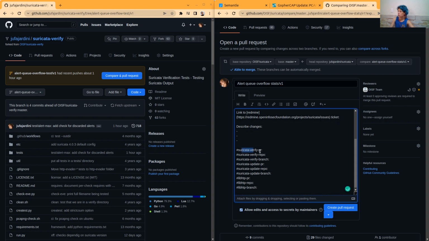If your patch goes with specific tests, either you submit a Suricata Verify PR, or you share a repository, or you share a branch. I don't know what's the exact difference between these two, but that's it. I usually go with the Suricata Verify PR, as I just mentioned.